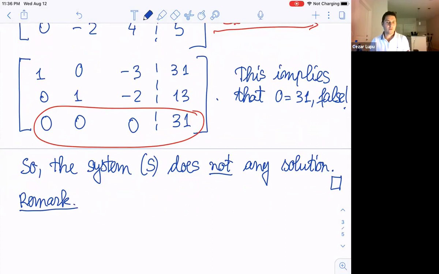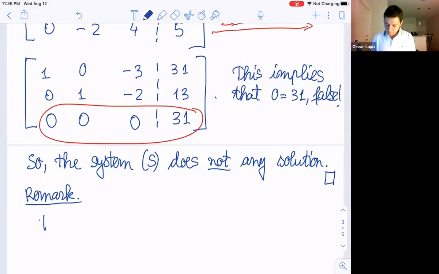Well, of course, you can follow the first or the second solution, and you will see that the system does not have any solutions. You will get a contradiction. But also, before you even start, maybe there is something that could lead you to this conclusion. Well, let me remind you that the system S